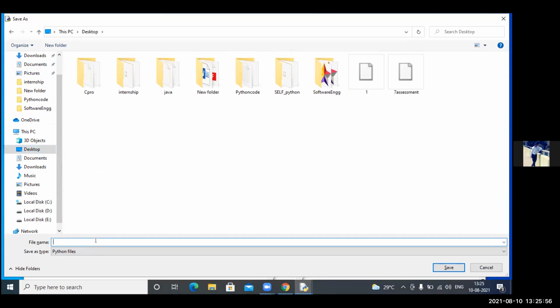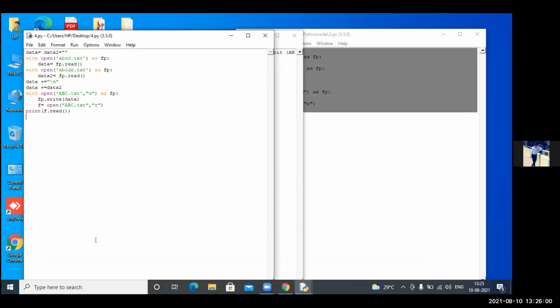Give any name, no issue. Now name the first one as A, the second one as B, the third one as C. Okay, yes, it is C. Now run the total.